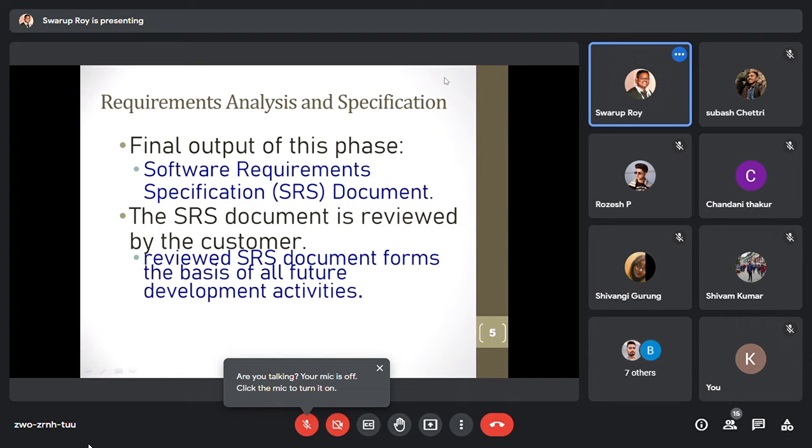Documentation of that requirement is what we call the software requirement specification. SRS, in the form of an SRS document. So that is the thing. The input to that phase is basically the